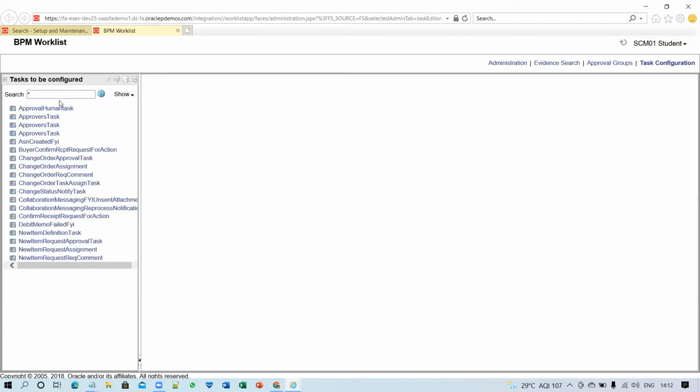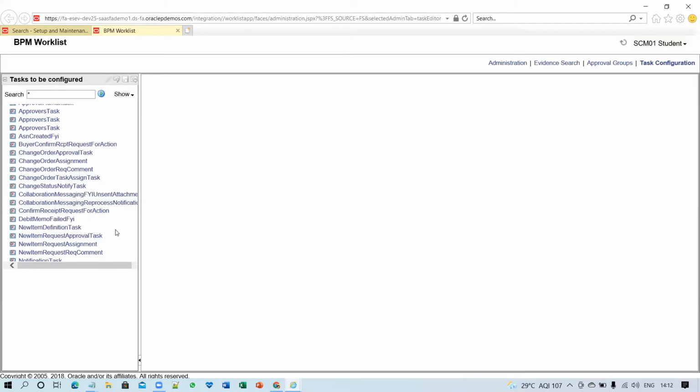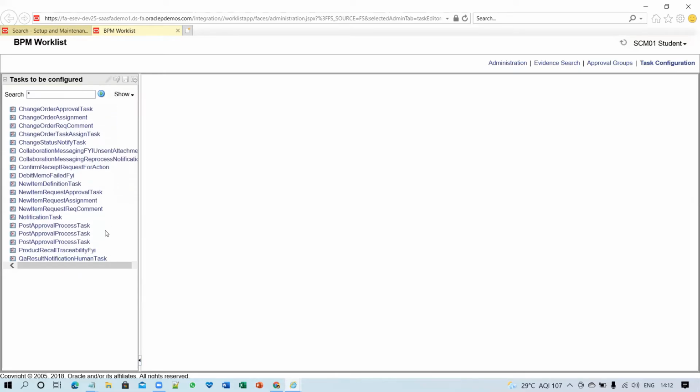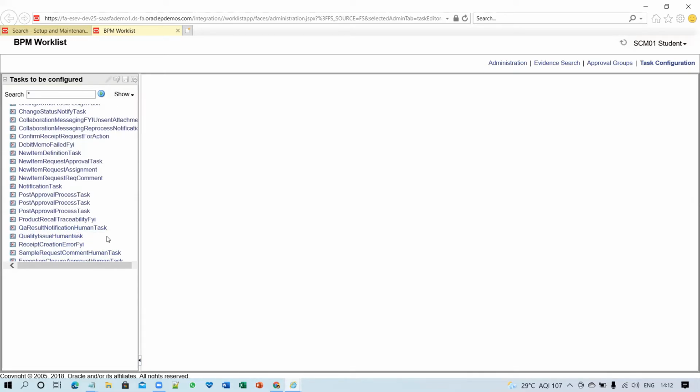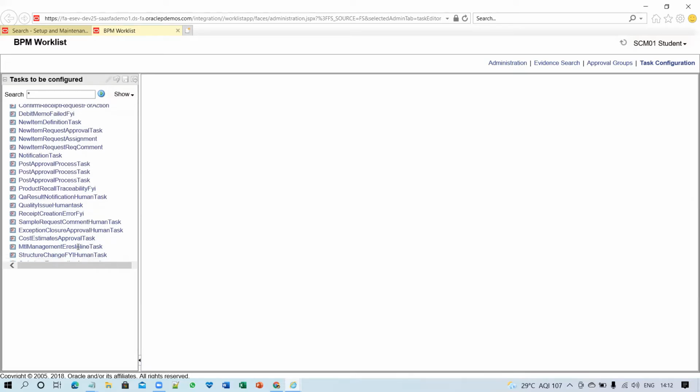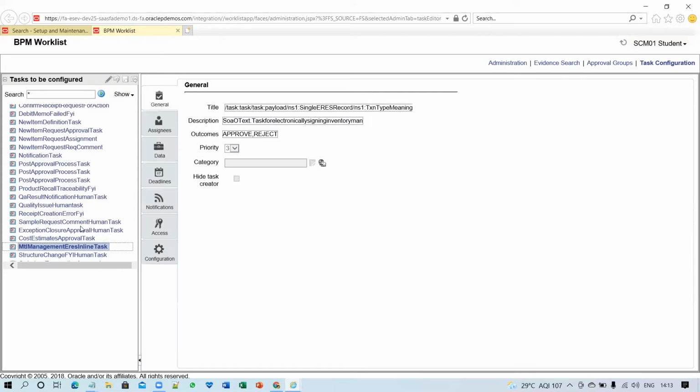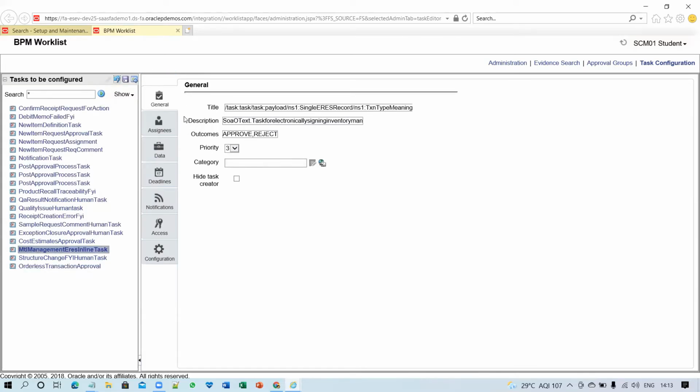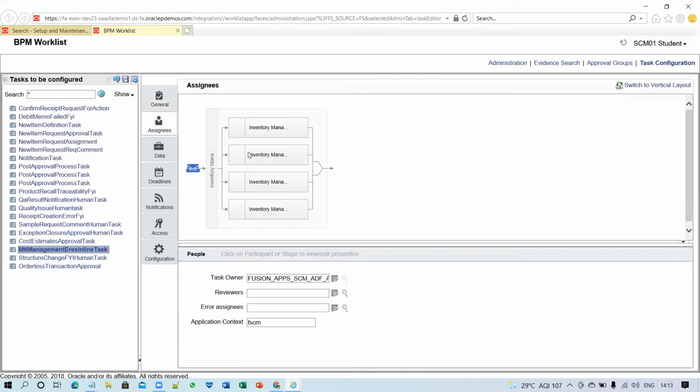So it will again redirect us to the BPM workflow. And then we have to search the miscellaneous issue transaction task where we have defined the approval. So I clicked on that task and clicked on the pencil icon. And I will go to the assignees and we'll see that I have added it within this approval.